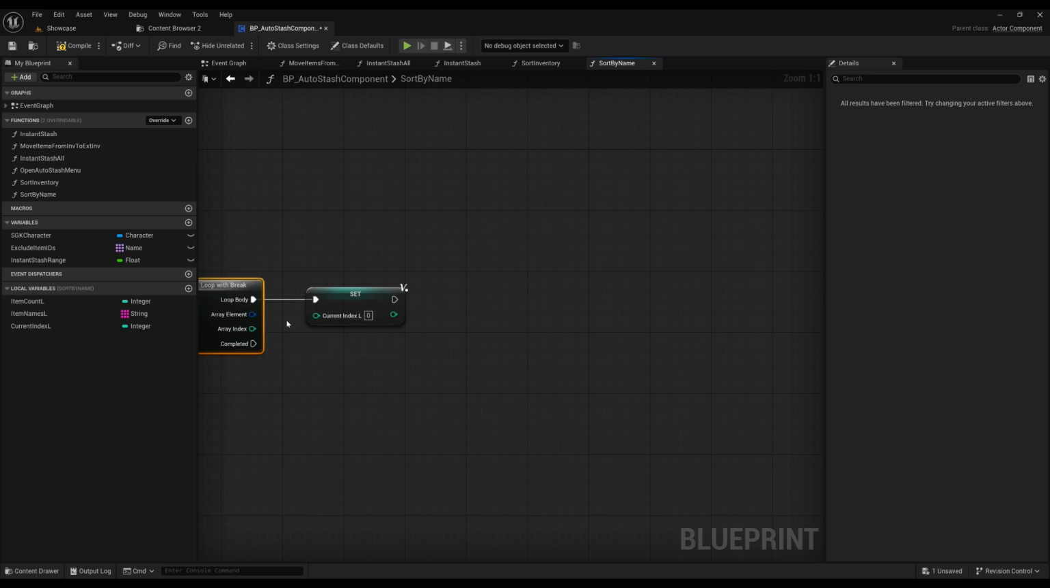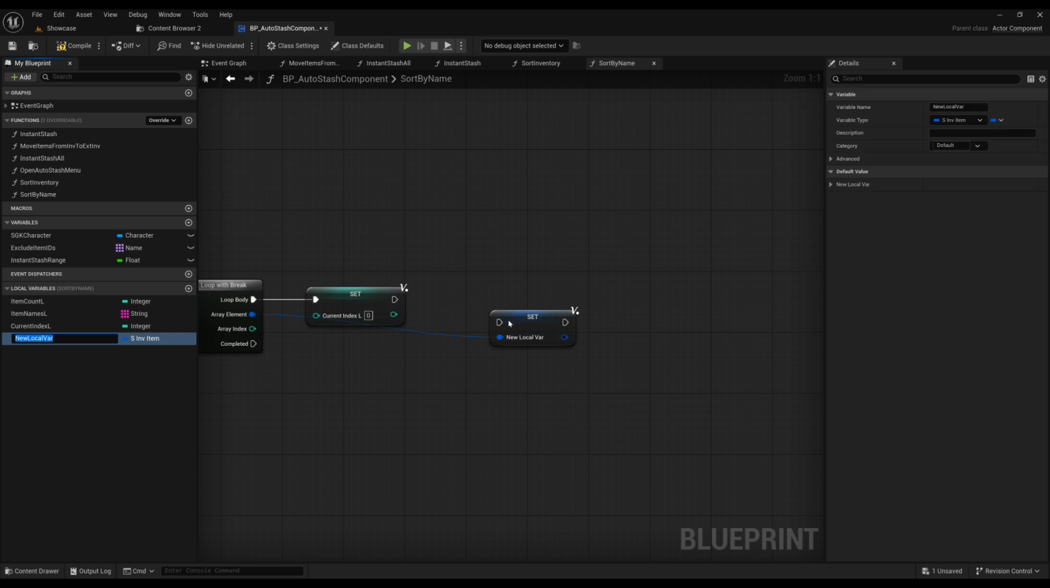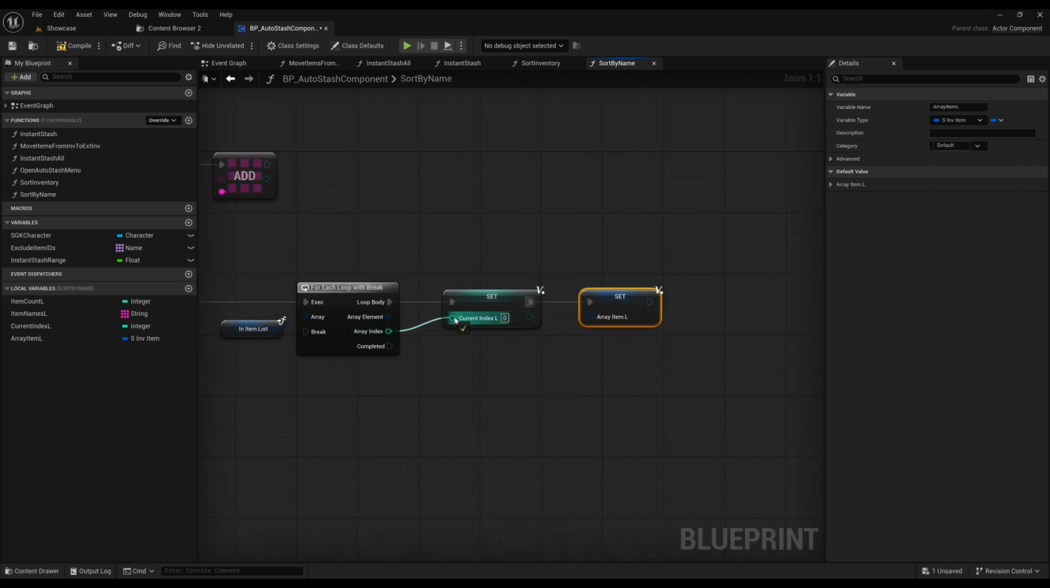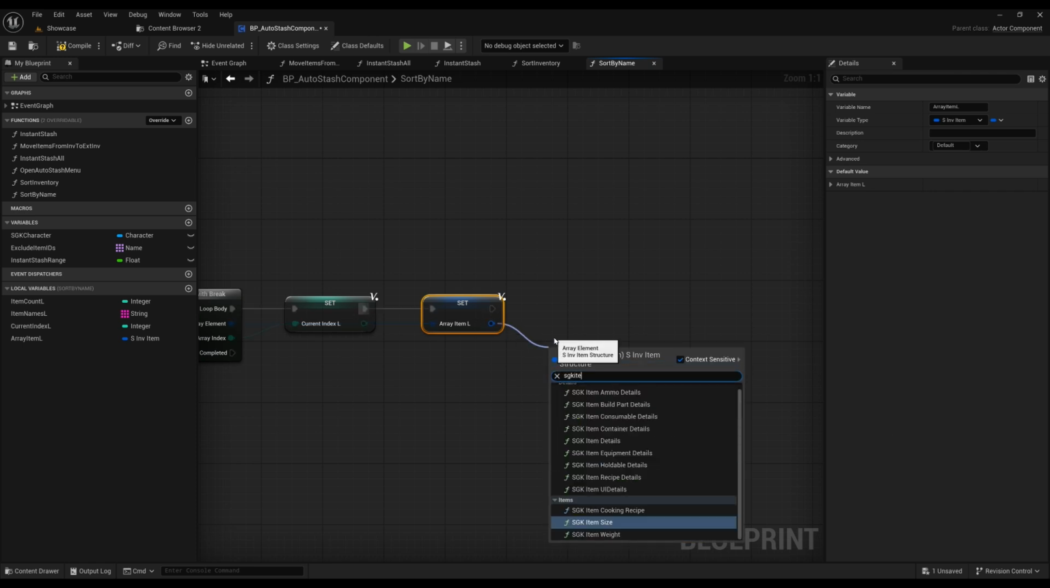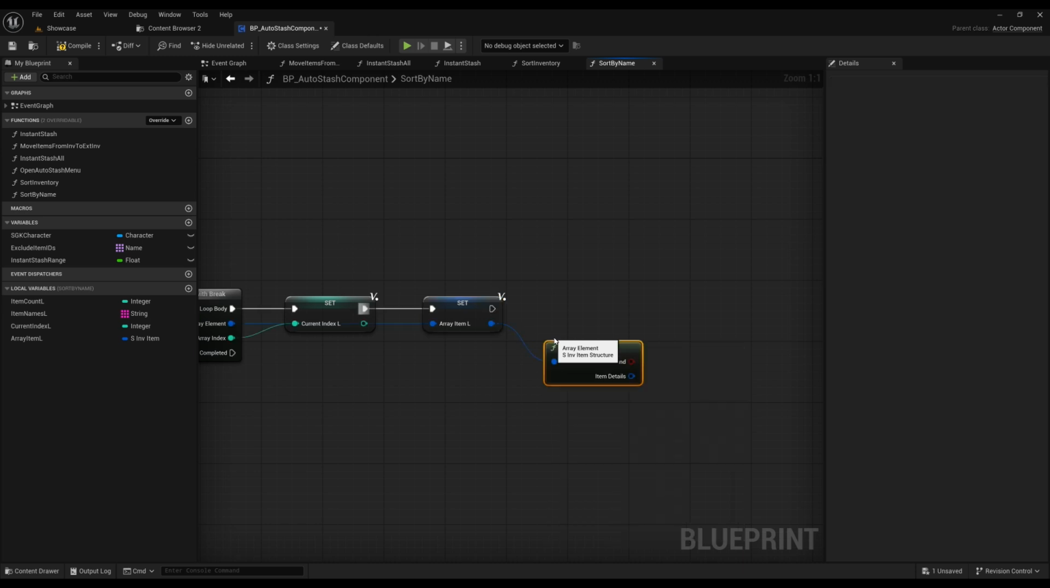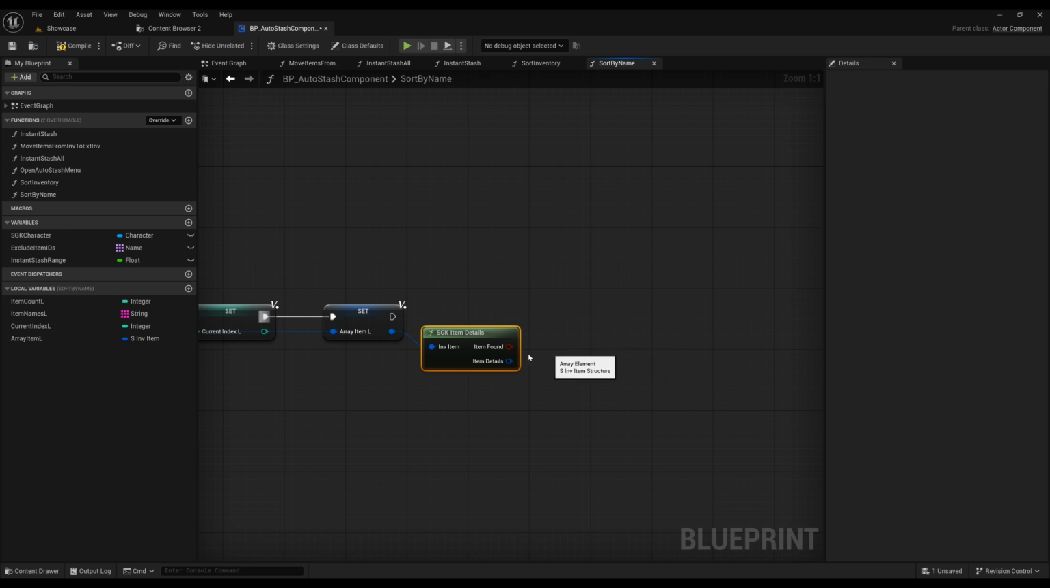Then we'll also promote this to a local variable. I'm going to call that array item L. Got both of those right there, and then we'll get the SGK item details of this. Break it,